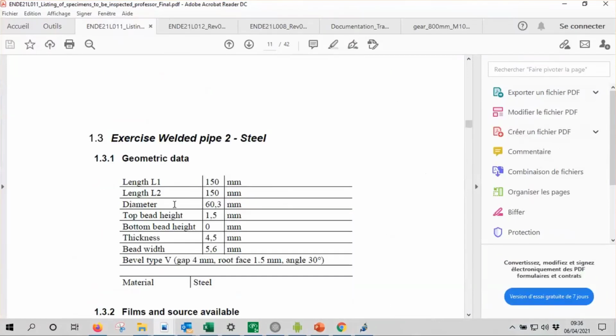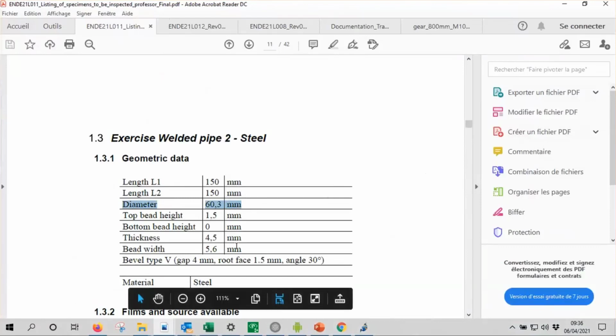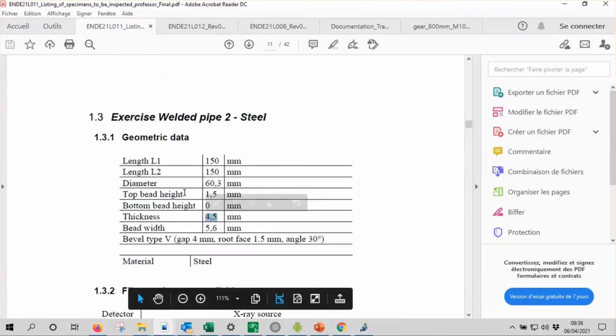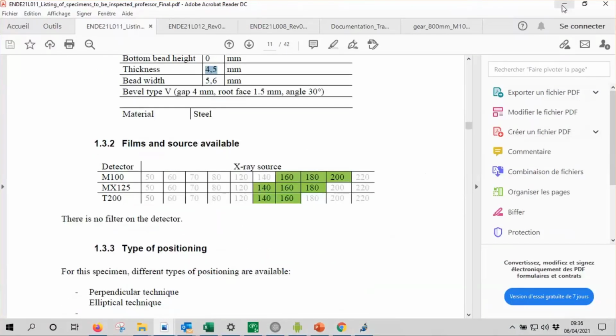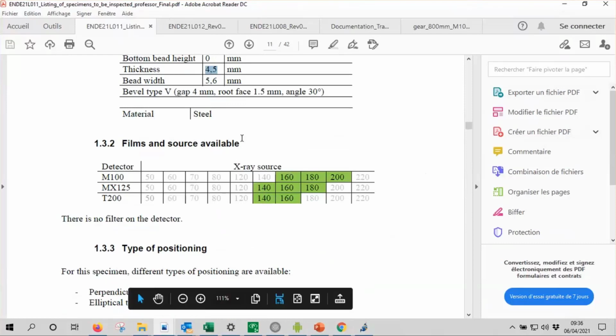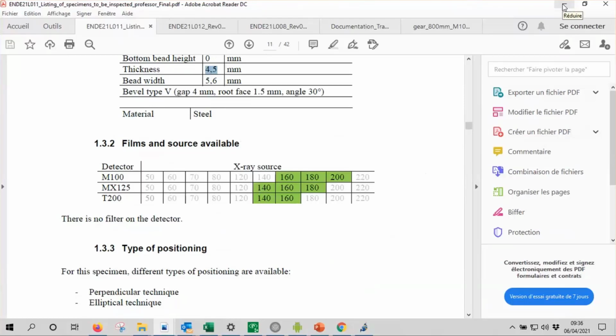So here, you have the diameter of 60.3, the thickness of the base metal, the weld, and so on. Okay, so you have the list of the input values. Of course, it's important to calculate the exposure time and so on.